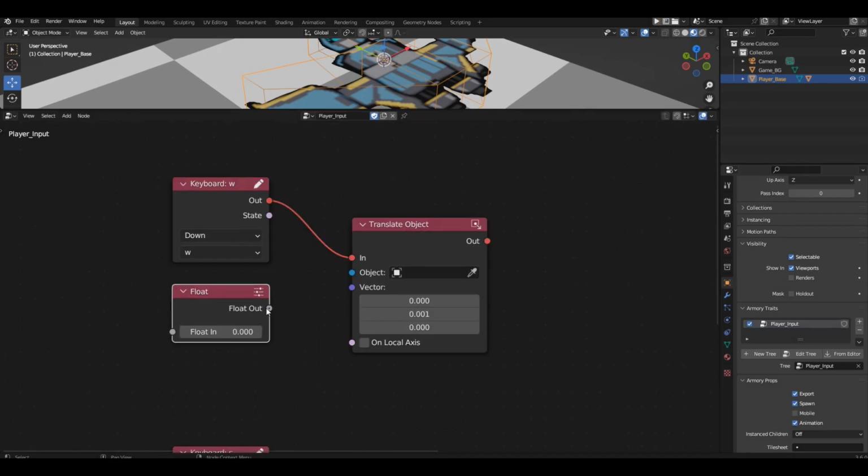For example, like this. First, because you need a negative value onto nodes, and second, you need not just a float. You need a vector. And a vector consists of 3 values, x, y, and z. It doesn't matter what they are called, the main thing is that there are 3 of them.